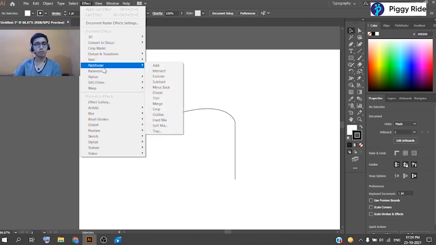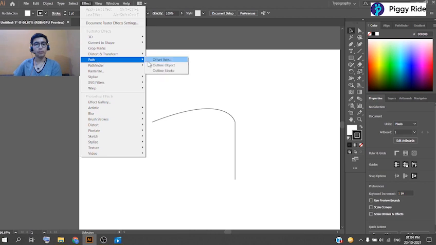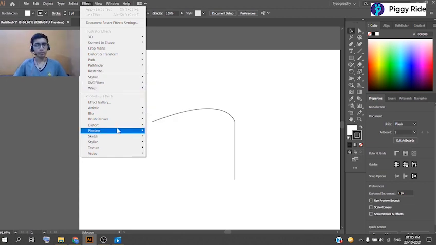In fact, the effect panel is also a kind of advanced thing. If we have made a rectangle and we have to change it into a 3D shape, we can change it from 3D, or there are some path options, pathfinder, stylize. If we have to make a shadow or inner glow, for example, we have written some type and we have to make it neon, like the glow, we can use inner glow, outer glow, round corners, scribble, blur effect, distort effect, stylize, sketch effect. So there are many options present here.